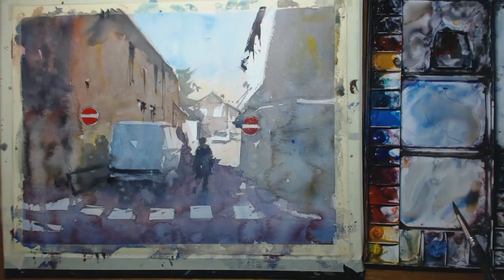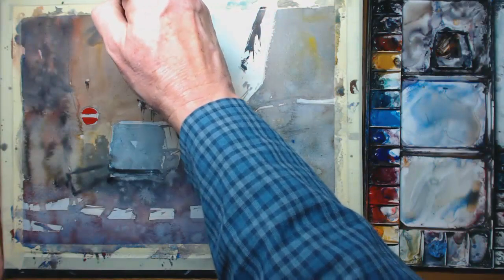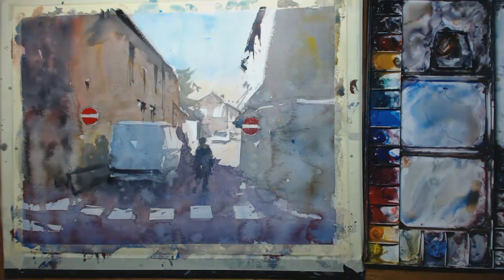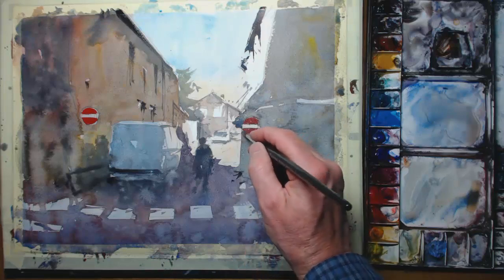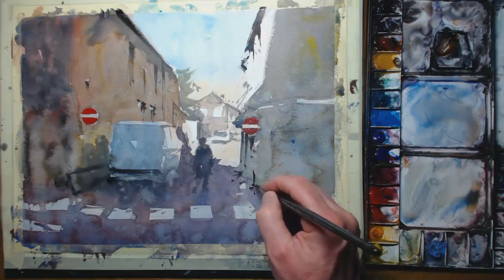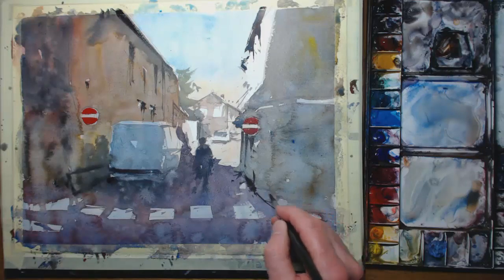And all along the while, the paint is still drying where I was doing the splattering. It's still doing its thing. I need to be a bit careful when I'm actually painting over it, so I don't smudge it and ruin the effect of what the watercolor is doing. I've got to add a bit more definition to these buildings. Just a few lines here and there, but again, being careful not to overdo it at this stage,